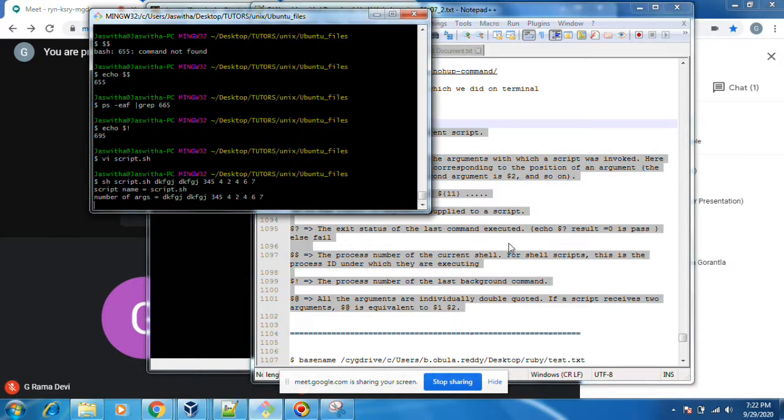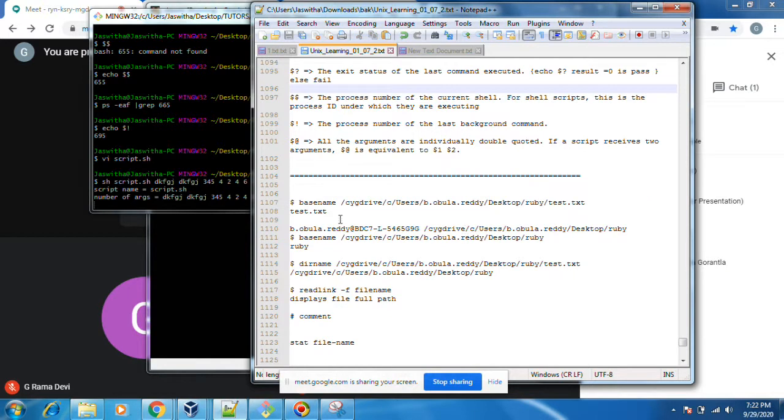Okay, next thing is basename. Basename takes the full path, the absolute path, and gives the actual name of the file.